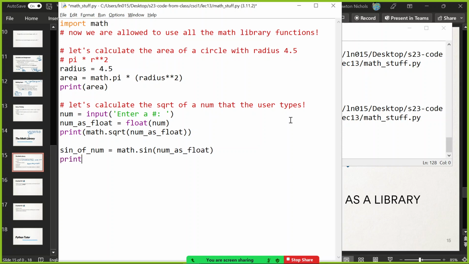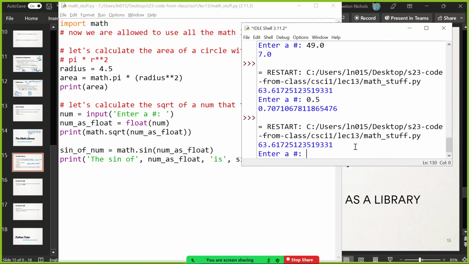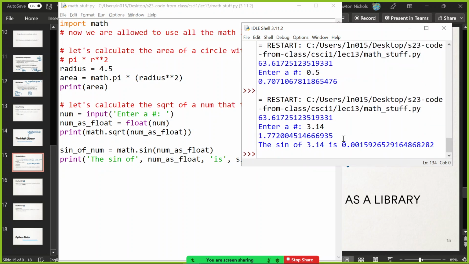And then we can print the sign of comma num as float, print out that one, is, it'll space separate all these answers, right, when we print it. And then we give the answer, sign of num. That's kind of cool. And so now if I type 3.14, it'll compute the square root of that, and it will tell me that the sign of that number is